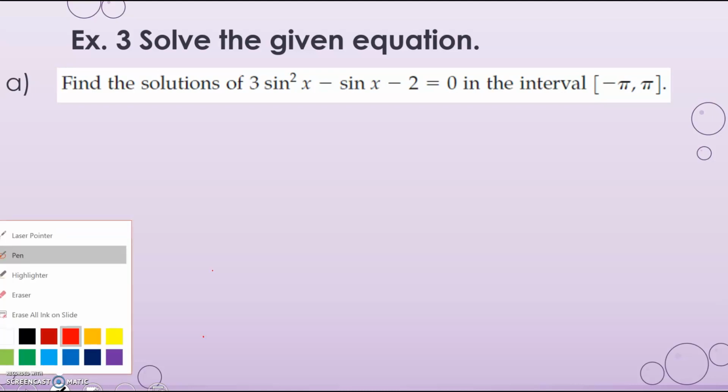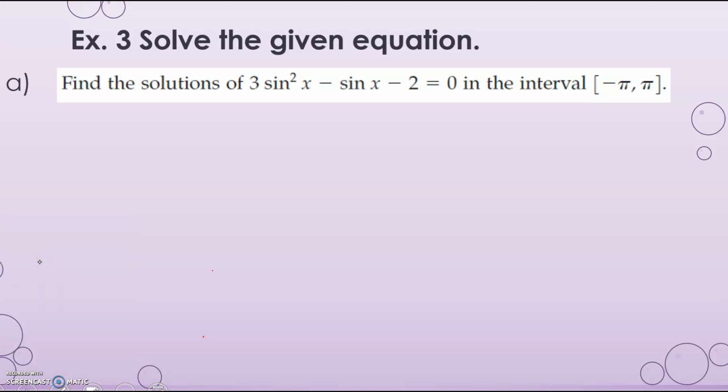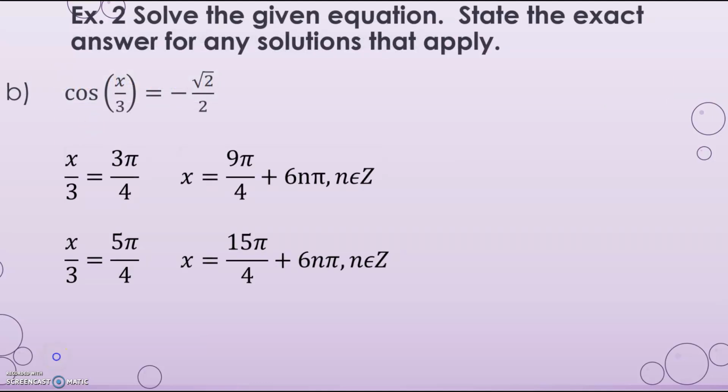Okay, so if I take a look at this particular question, I do notice a lot of times, guys, you have to focus on the structure. So I have 3 sine squared x minus sine x minus 2. It's a trinomial. The first term is squared, the middle term has a power of 1, and the last term is constant. What does that remind us of? Quadratic. So for those of you who are having trouble seeing this, you can go ahead and utilize what we know, which is the u-sub method. So we're going to say let u